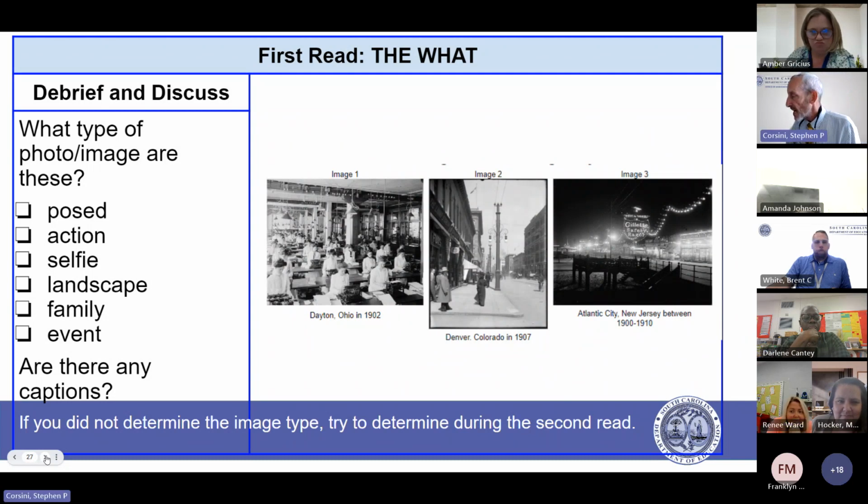I'm just going to throw this out there. Could image 2 be a picture of a family? I saw Brent kind of say, oh, I don't know, maybe. So we could have some questions about some of these images. Yes. I would say 2 could be maybe an action. I think I see horse and buggies over on the side of the road on the right. You know, and the bicycle, those type things. So I would say action for that.